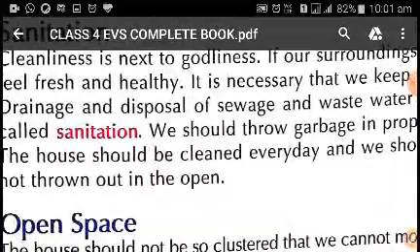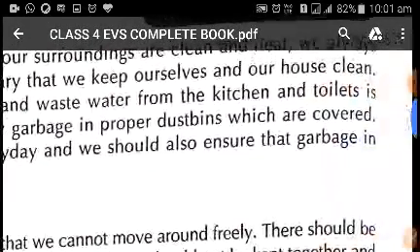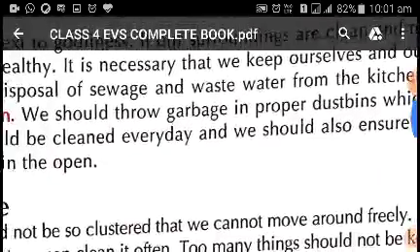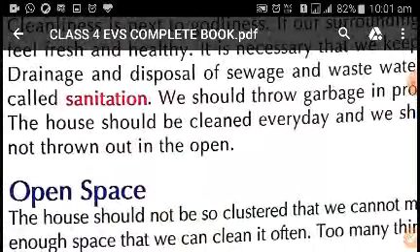We should throw garbage in a proper dustbin which is covered. Whenever you throw the garbage, you should be alert that the container is proper and has a proper cover, so that flies and other insects do not sit on it and contaminate your food. They first sit on it and then they come into your house and may sit on your food also.